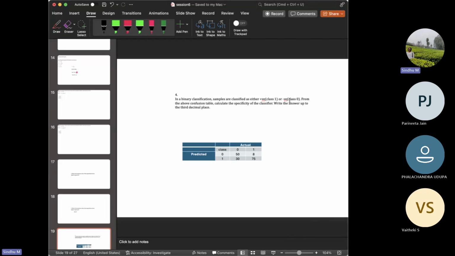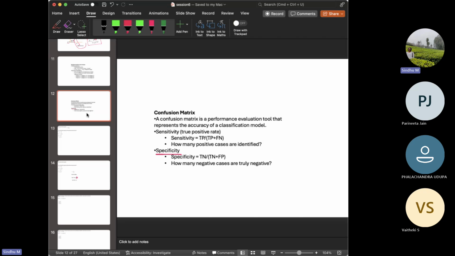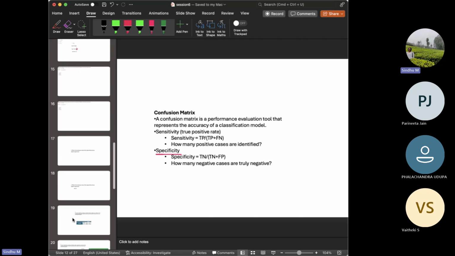So this question is based on specificity. If you want, I can show you this. Specificity means how many negative cases are actually truly negative. So that is the definition of specificity. And in this table,